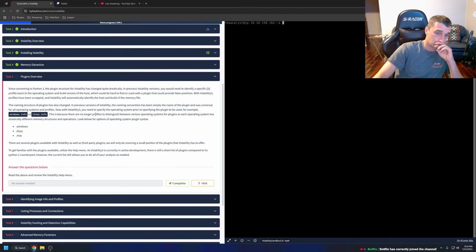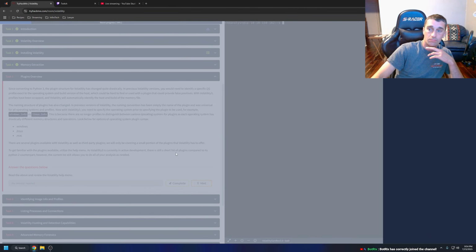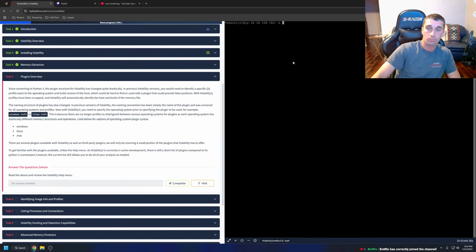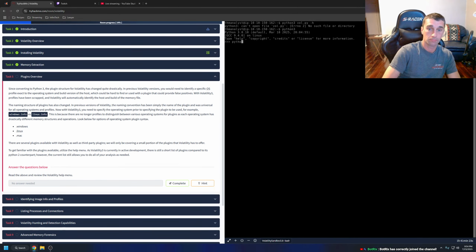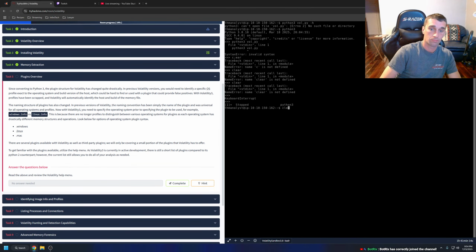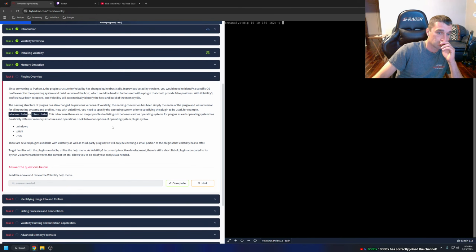This is because there are no longer profiles to distinguish between various operating systems for plugins, as each operating system has drastically different memory structures and operations. Look below for options of operating system plugin syntax: Windows, Linux, Mac. There are several plugins available with Volatility as well as third-party plugins. We will only be covering a small portion of the plugins that Volatility has to offer. To get familiar with the plugins available, utilize the Help menu. As Volatility 3 is currently in active development, there is still a short list of plugins compared to its Python 2 counterpart. However,